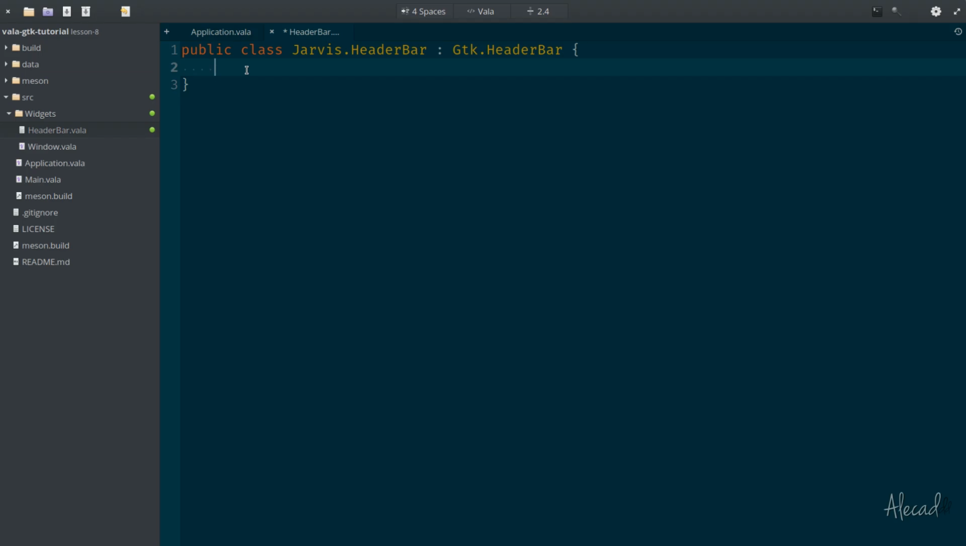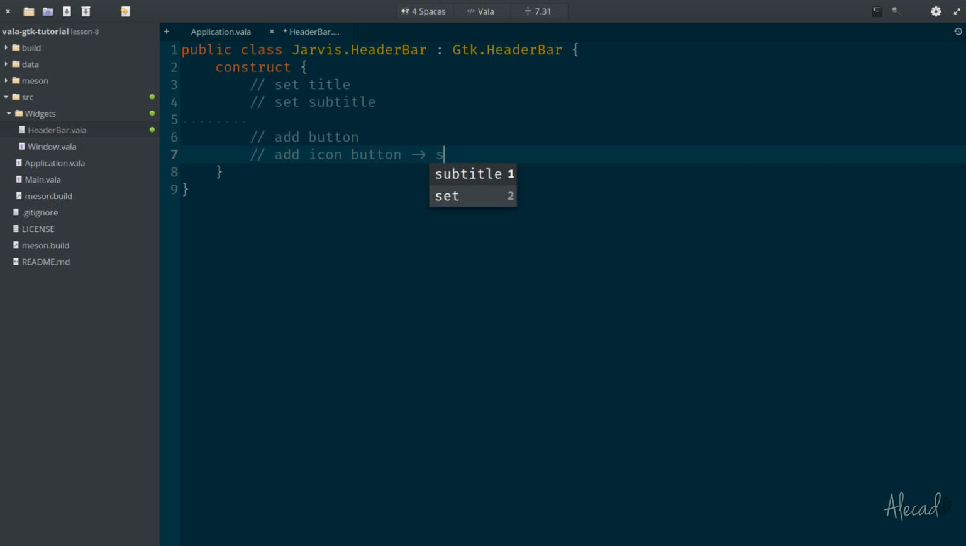Inside here, we're gonna simply create a construct block, which will be automatically triggered whenever we initialize this header bar class. And inside here, I wanna do a couple of things. So first of all, I wanna show you how to set the title and how to set the subtitle. Then I want to show you how to add a really regular simple button, like a primary button like we saw in the design, and then how to add an icon button that consequently will open a submenu,